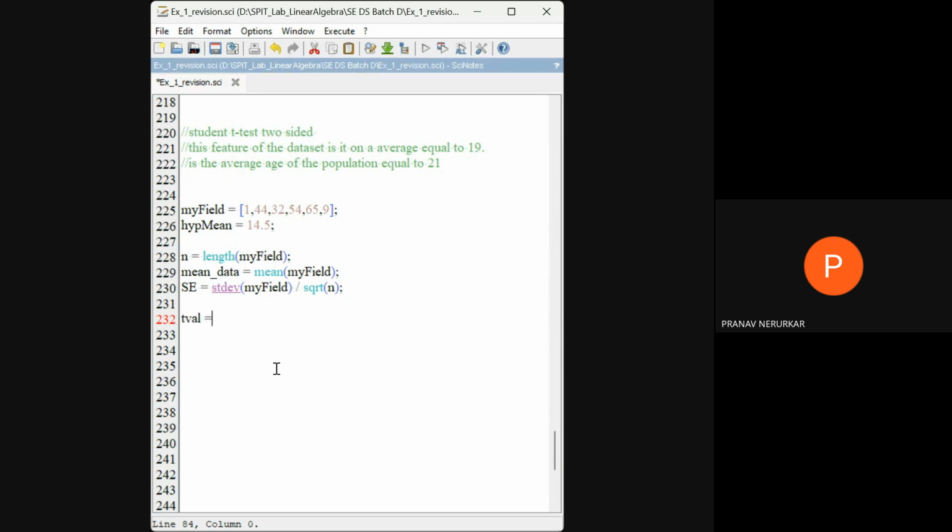Next, the t distribution. The t value is the mean of data minus the hypothetical mean divided by the standard error. Then for the degree of freedom, which is n minus 1, we have to find out one minus